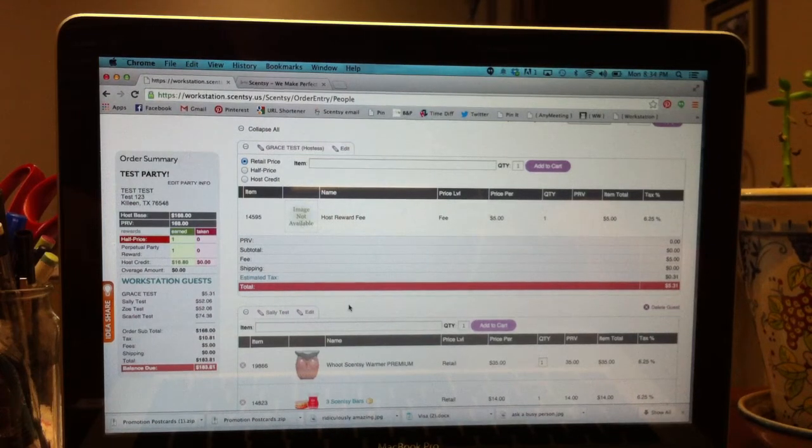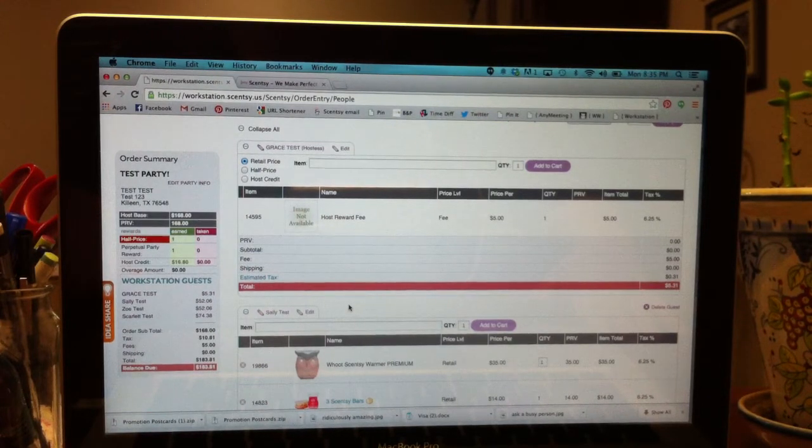Now, this is a great incentive for Sally, but for me as a consultant, I don't prefer to use it this way because it's harder for me to keep track of when I need to use that 50% off item that I sort of have to carry over. So I'm going to talk to you about a few different ways that you can use that Perpetual Party Reward